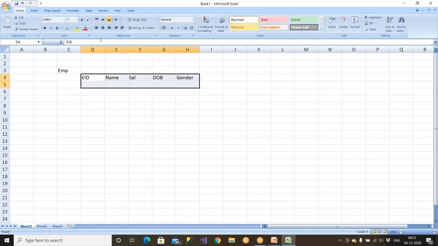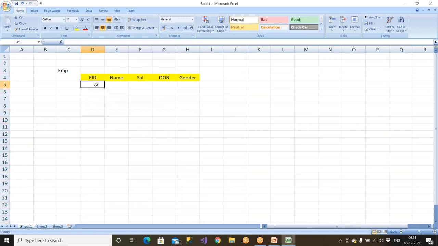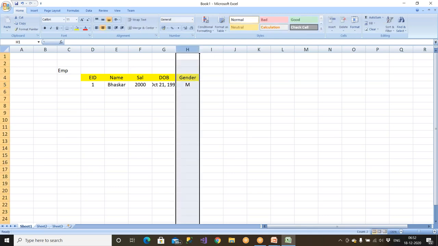These are my columns in the employee table. Now I want to insert data in these columns. You create a table, and at the end of the day, somebody will insert the data. Bhaskar's salary is 2000, date of birth October 21st, 1990, gender is male. So this is correct data.